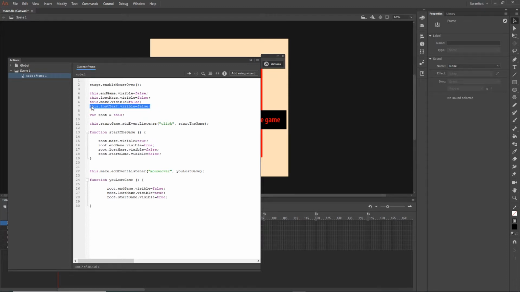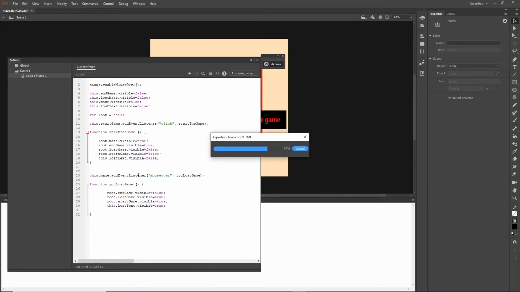Okay. Then what I want to do is when I lost my game, I want this to be true. Okay, so I will make this true like so. And if I start the game, I want again to be false, because if I lose the game, it is going to appear, and when I click on the start the game, it is going to disappear one more time. Okay, so I will hit Ctrl Enter,